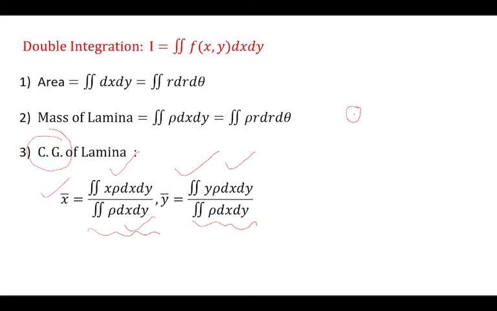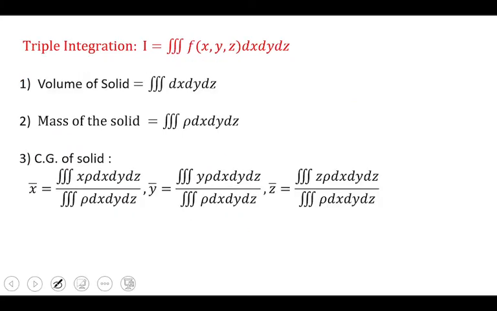Okay, so that was about the formulas. You may observe here that whenever there is a change in the value of this integrand, we have different applications for the double integral. Already we learned how to evaluate the area of the given region. We'll move to one example for mass of a lamina, and one example for CG. So before we proceed to examples, one more thing I will show you here.